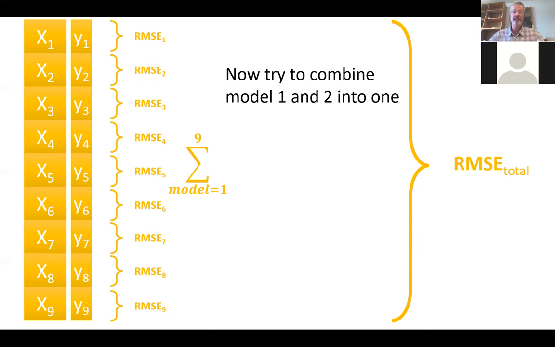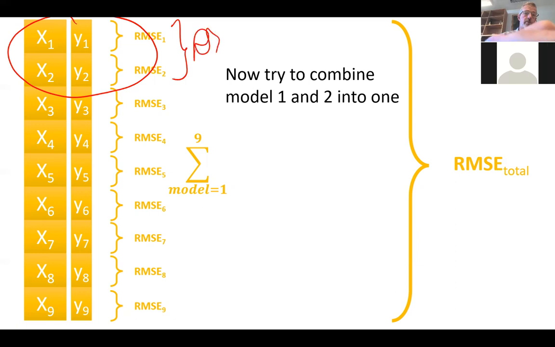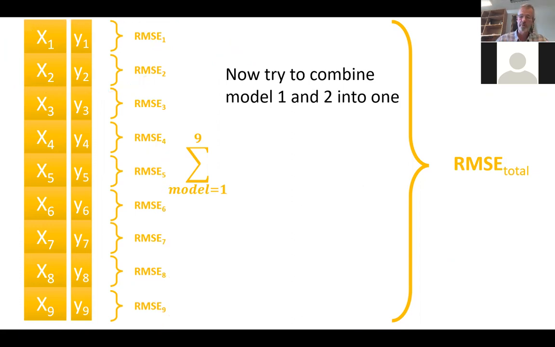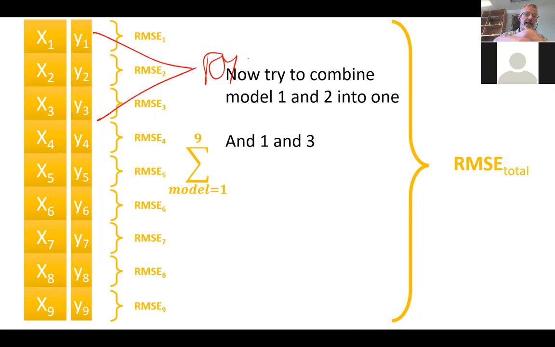So what I'm going to do initially is take these two and combine them into a single model. So I'm going to build one model here where I just get a total error. So I still have this one, this one, this one, this one, this one, and this one. So now I have 8 different models. Okay, maybe this was not the smartest one to combine, 1 and 2. So I'm also going to try to combine 1 and 3 instead. And again, now I have 8 different error measures,